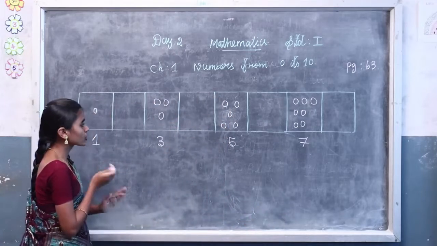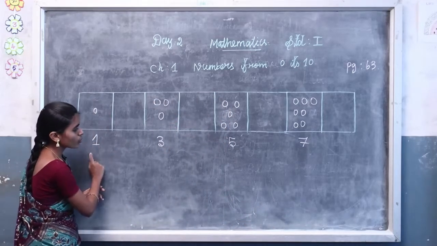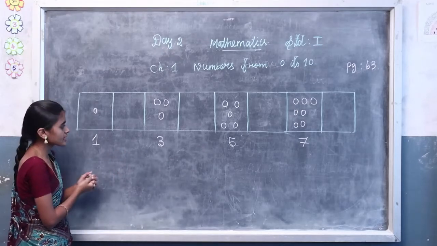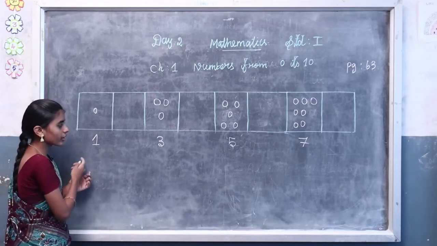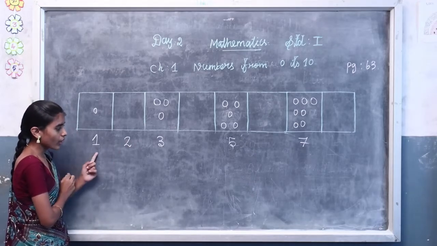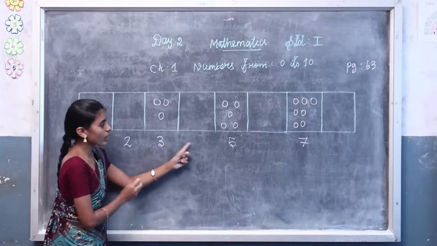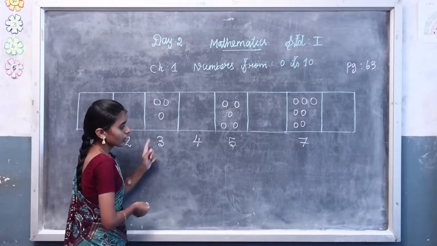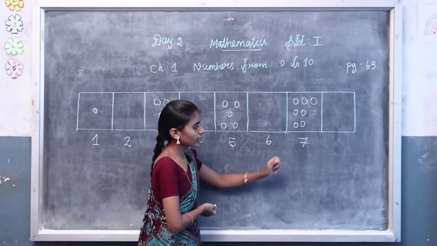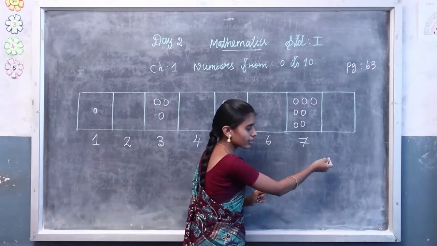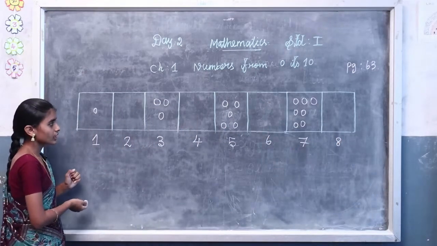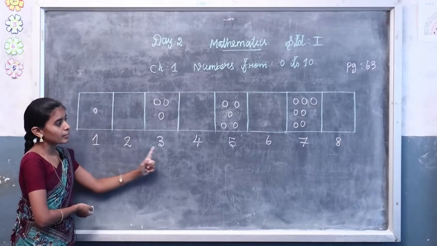Do you know the numbers from 1 to 10? Yes. See the numbers 1, 3, 5 and 7. There are some missing numbers here. We have to fill the missing numbers. So what is the after number for number 1? After 1 comes 2. So here write number 2. 1, 2, 3. The next one, 4. They have given the number 5. The next one, 6. They have given the number 7. The next one, after 7 what number will come? 8. We finished the missing numbers, and we have to draw the balls for the missing numbers.